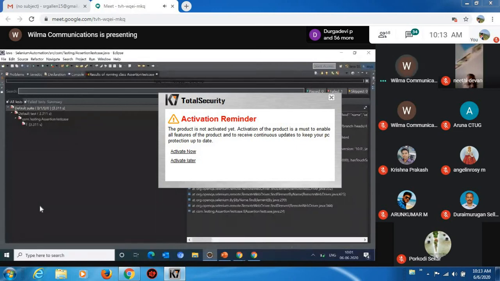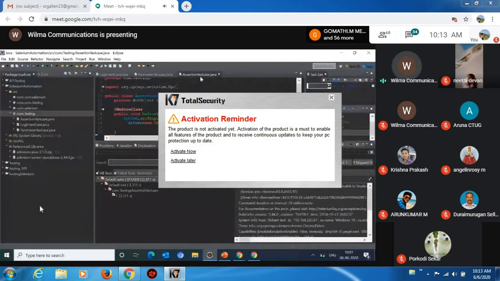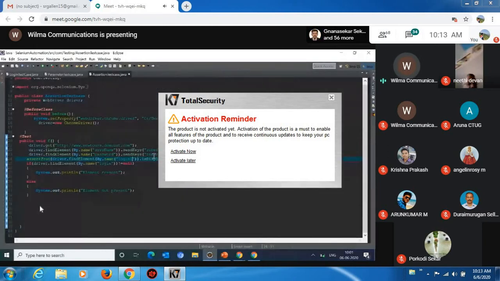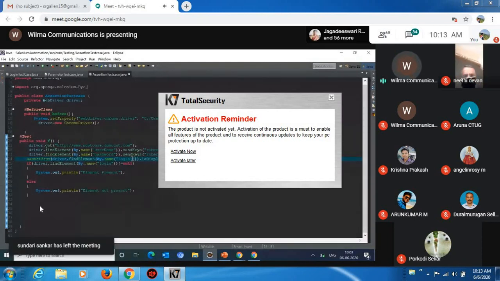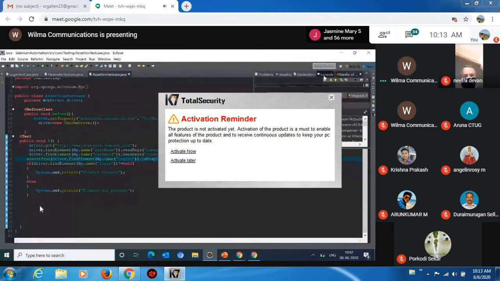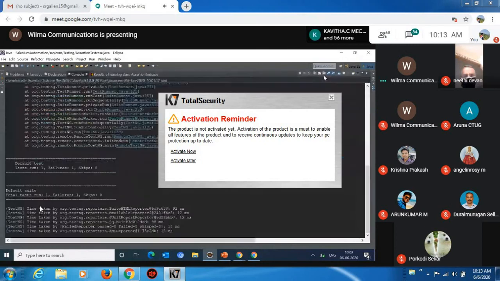Here you can see, once you enter the username and password and you are trying to check the location, the element name called login1 is not displayed. At the same time, if you see your console window, the Java console window, here we are not getting that particular option.